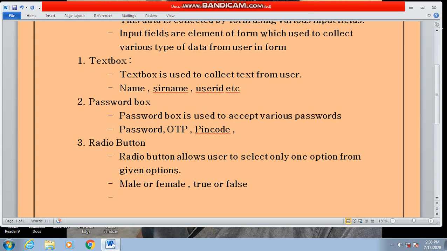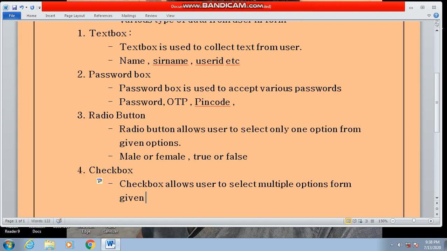Okay, radio button. Let's start the next input field, checkbox. It works opposite to a radio button. As we know, a radio button allows the user to select only one option from the given options, but a checkbox allows the user to select multiple options from the given options.